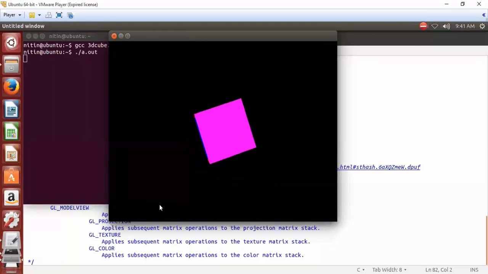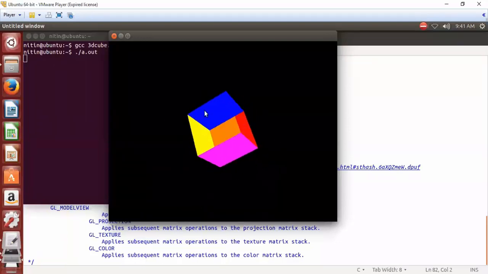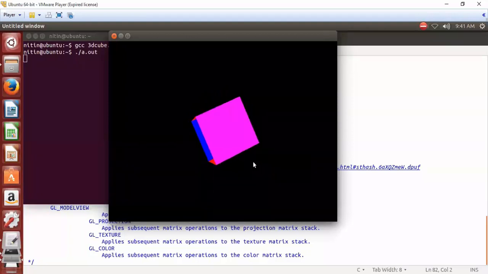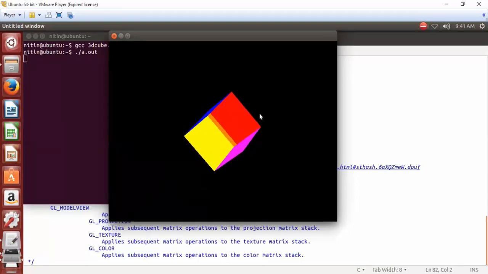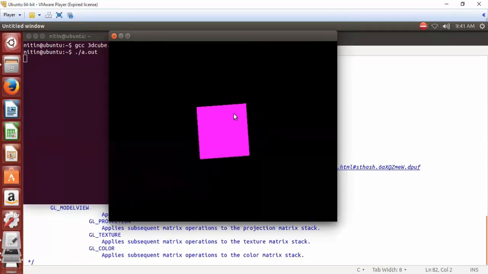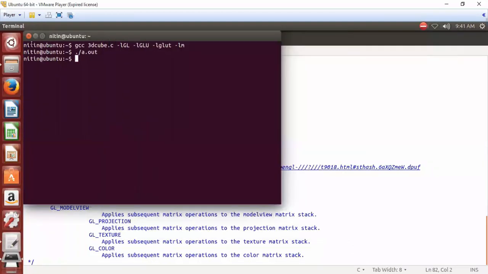Right now this 3D cube is rotating in all XYZ directions. We will see how to rotate it only about the X direction, and also how we can change the speed of rotation of this 3D cube, slower or faster. So let's see the modifications.